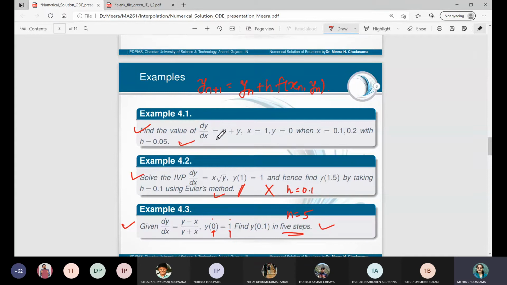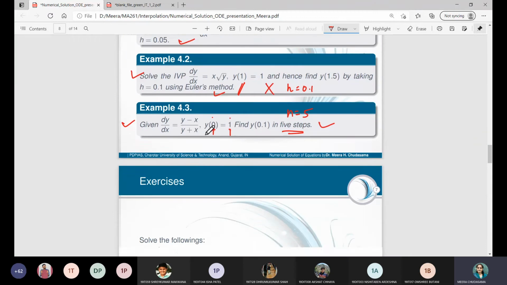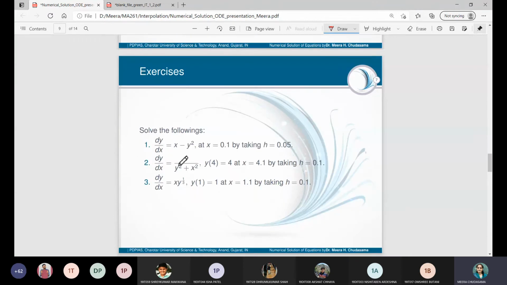So now we are going to consider the last topic, that is the Runge-Kutta method of second order and fourth order. Why they are called second order and fourth order, I will let you know after the completion of the method. So let me see. This is the exercise corresponding to Euler's method, right? You can take a screenshot of it for your reference. I am going to share this file after completion of this RK method. Okay, so you can take a screenshot of this for your reference.